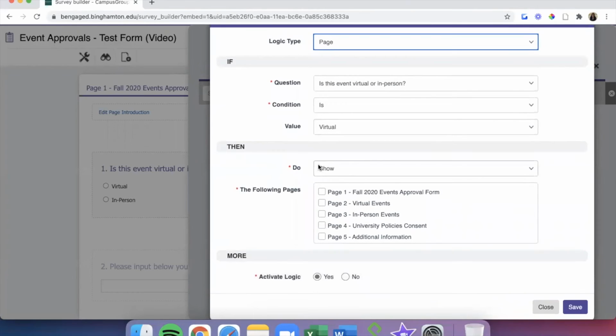So under the Then section, we want to make sure Show is selected, and we'll choose the Virtual Events page from the options next to the following pages. Lastly, under the More section, we'll choose Yes next to Activate Logic, and then click the purple Save button.